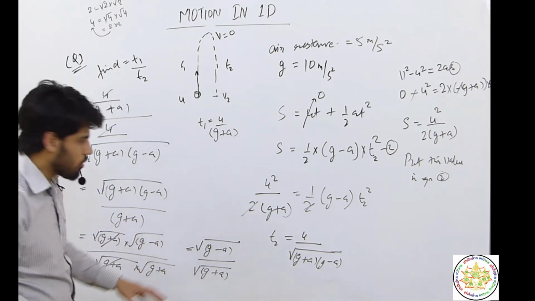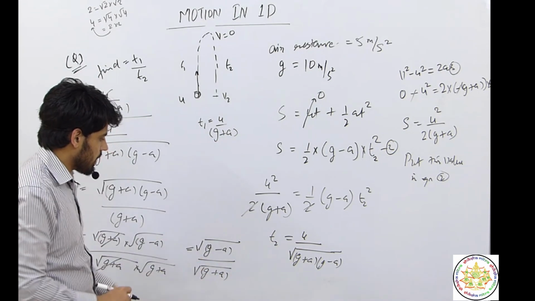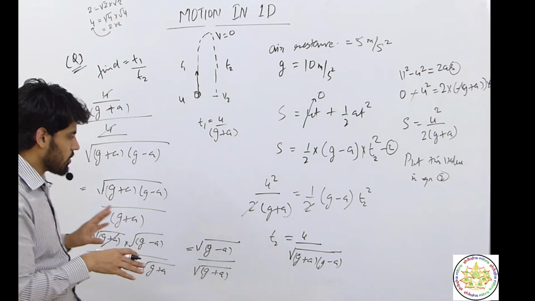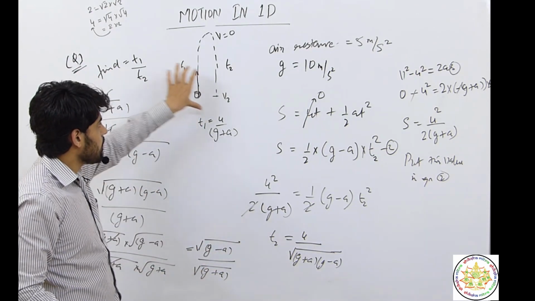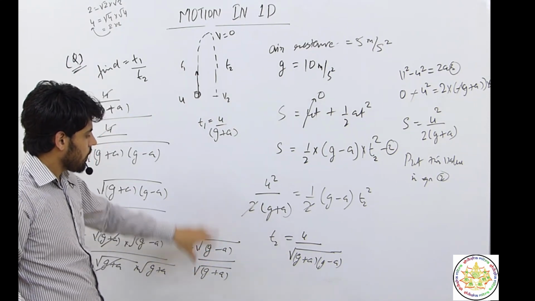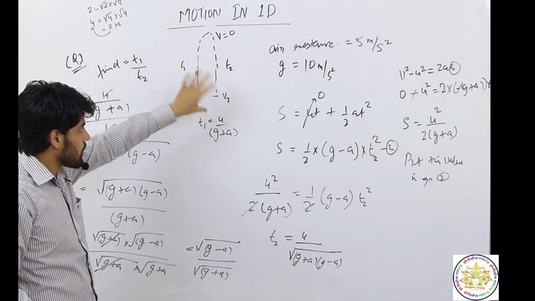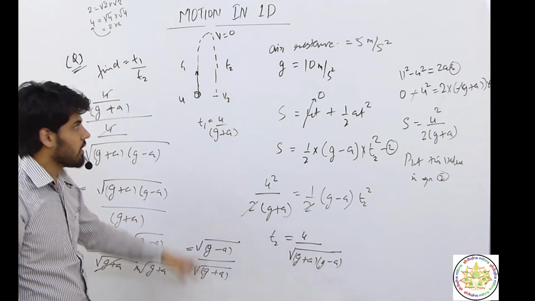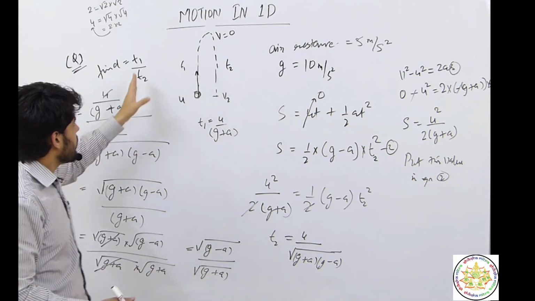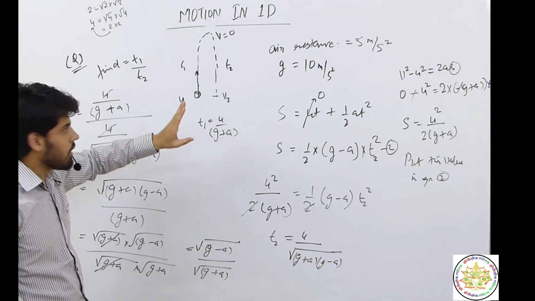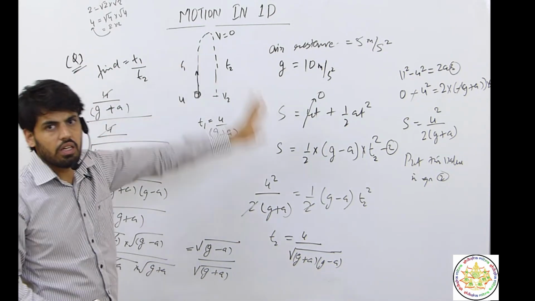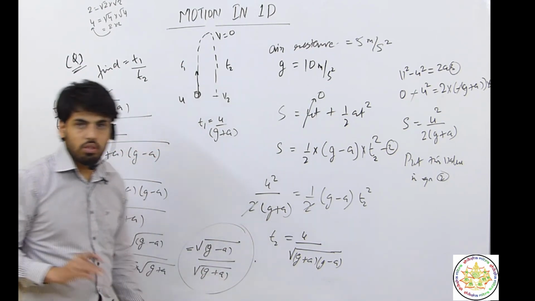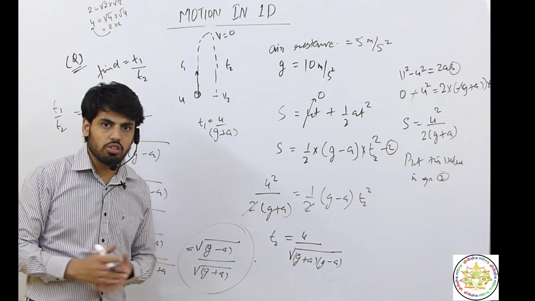This is also a theorem. Sometimes directly a question comes in the exam and you have to tick one of the options. So if you can remember it, you avoid all these calculations during the exam. So just remember that t1 by t2 is equals to the under root of the ratio of accelerations in the opposite case. So under root of g minus a divided by g plus a. The ratio of time of ascent to time of descent will be equal to the under root of the ratio of their accelerations. This you can remember. So that's it in 1D. Let's discuss another topic in the